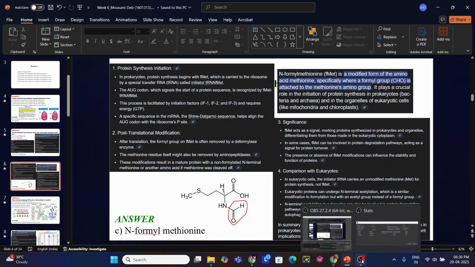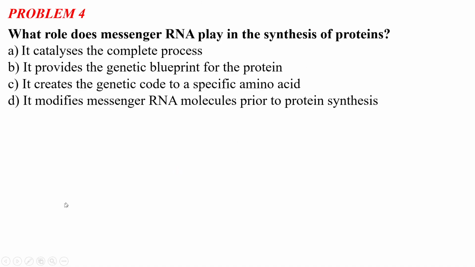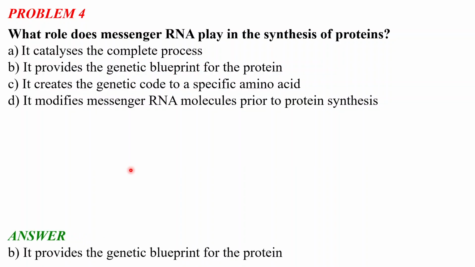Okay, the correct answer will be number B: it provides the genetic blueprint of the protein. Number C might seem to be the correct answer, that it creates the genetic code for a specific amino acid, but actually it is not, because the codons are already present in the mRNA. Only the particular tRNA has to read it and bring the particular amino acid. But the more correct answer is number B, that it provides the genetic blueprint of